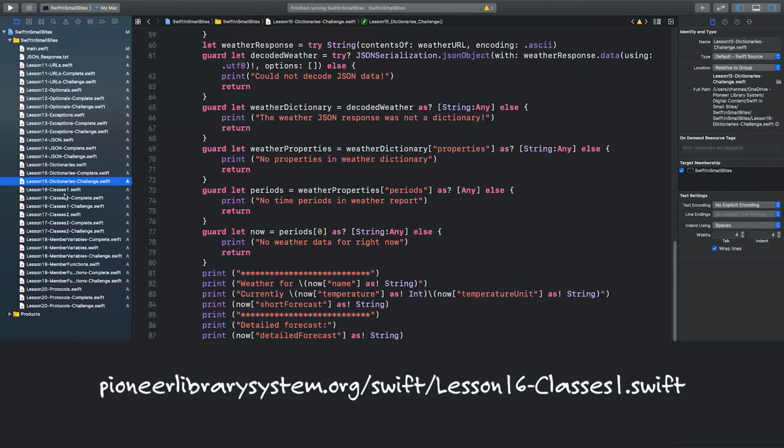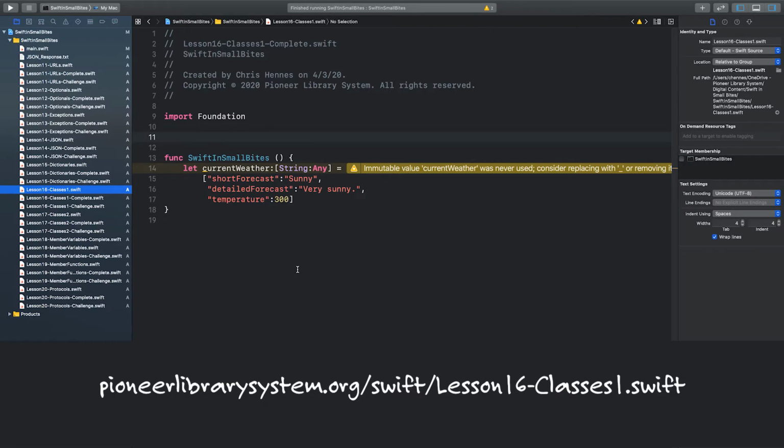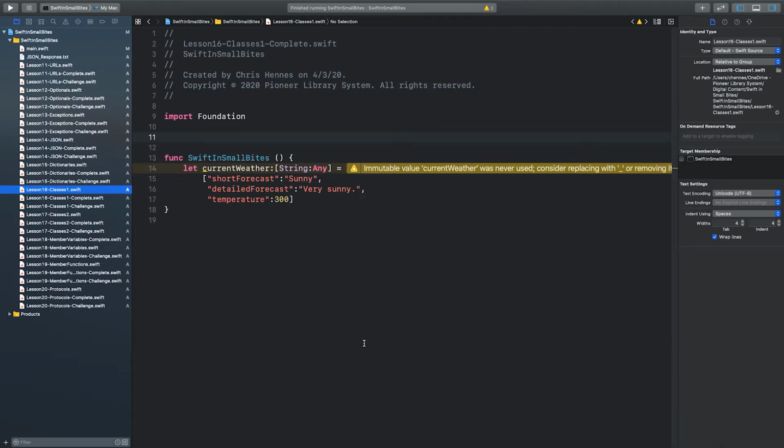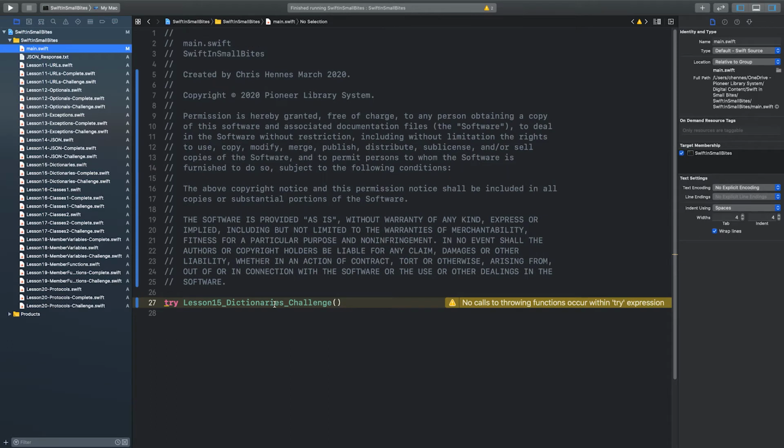I've provided you with the file lesson 16 classes1.swift, and we're going to use this a little differently than we've seen in the past. I'm going to copy my function name, Swift in small bytes, and put it in main.swift, just like we've done up to this point. But then, in my right-hand sidebar